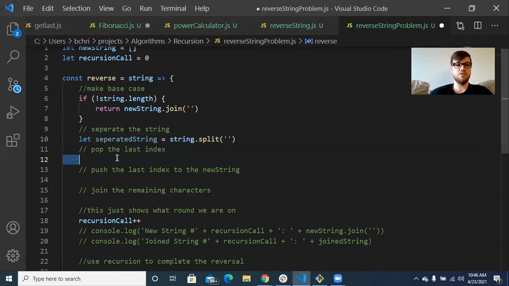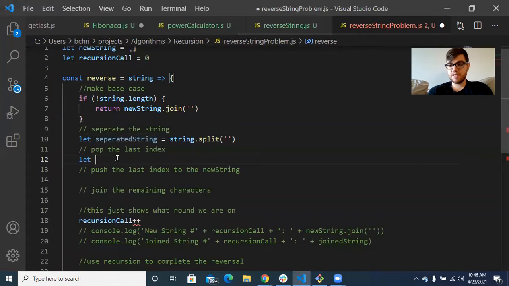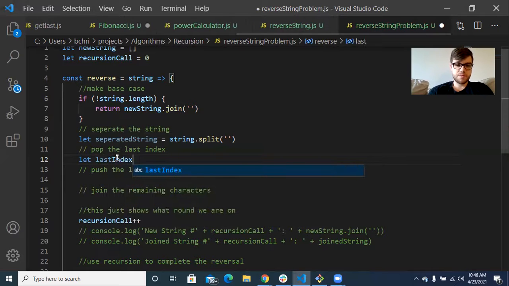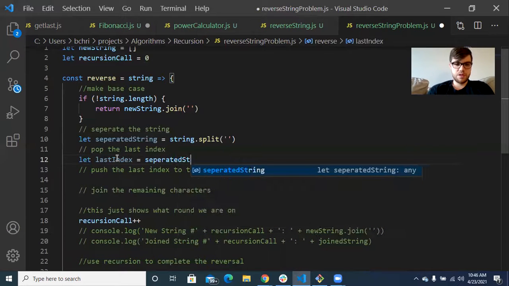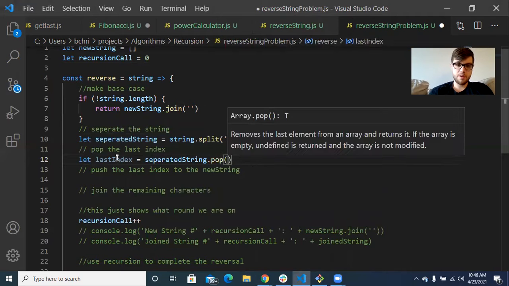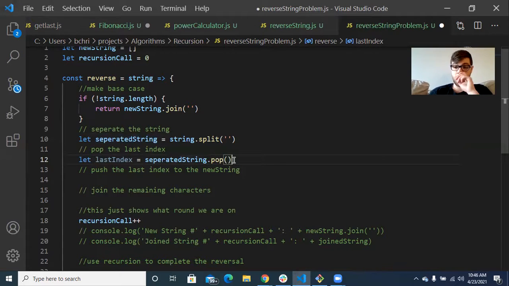And then we're going to get rid of the last index in this array. So let last index equal separated string dot pop. This dot pop takes off the last item in the array, it removes it, but we're saving that last one in this variable, last index,